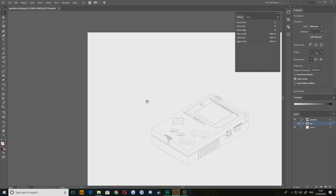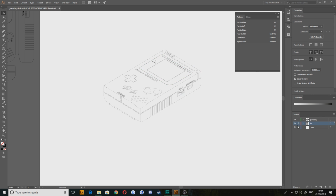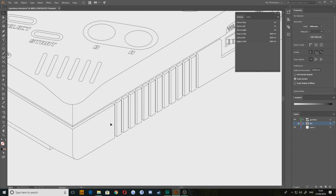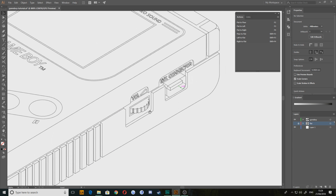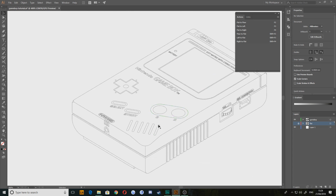What we did last time is we made the shapes based off of these flat elements here, and we turned them isometric, and then we spent a long time coming in and making all these lovely details like the 3D cog, the external connector, all this 3D type, and lovely stuff like that. The last thing we've got to do now, though, is do all of that stuff again, but on this top